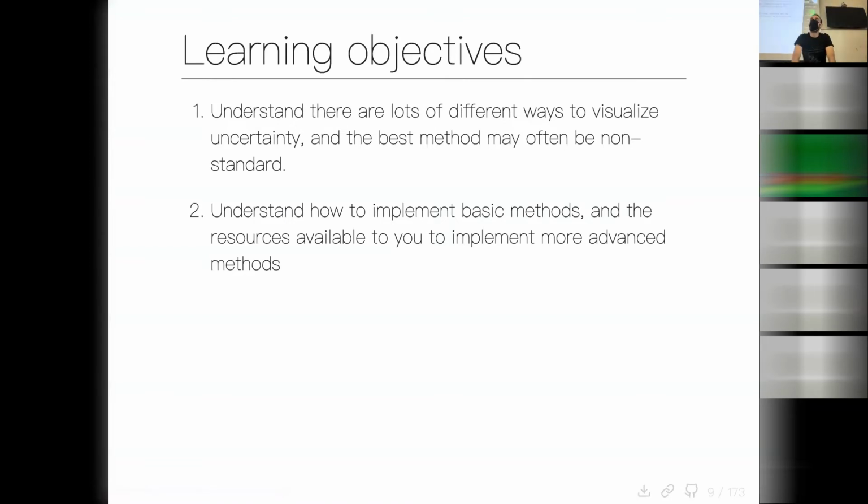Now, we're going to move on to uncertainty. Okay? So, the learning objectives are basically 2 things. Understand that there are lots of different ways that you can visualize uncertainty, and the best way may often be what I refer to as non-standard. And what I mean by non-standard is just not the typical ways that you generally see people visualizing uncertainty. And then from there you should understand how to implement some of the basic methods